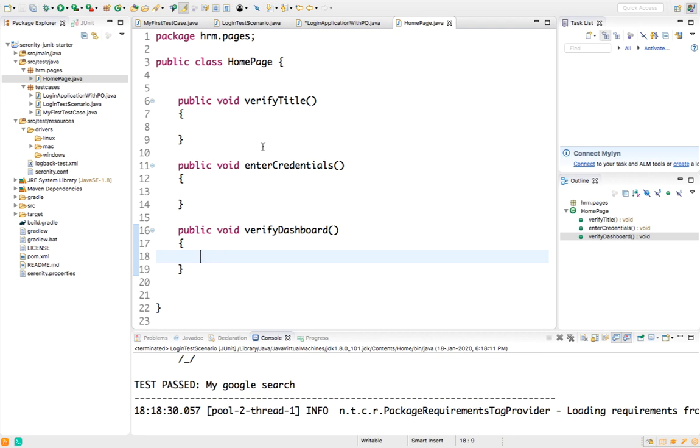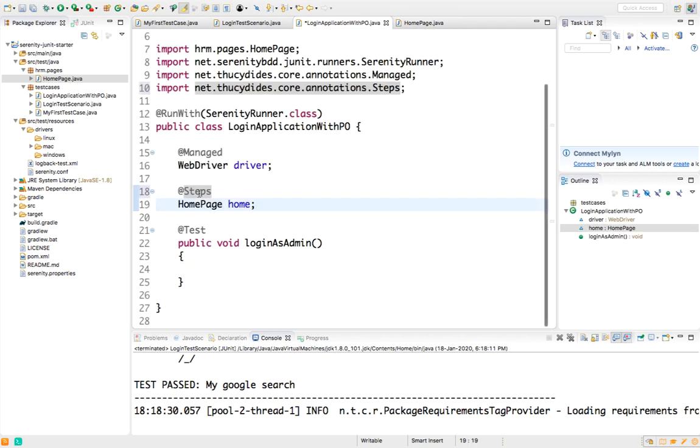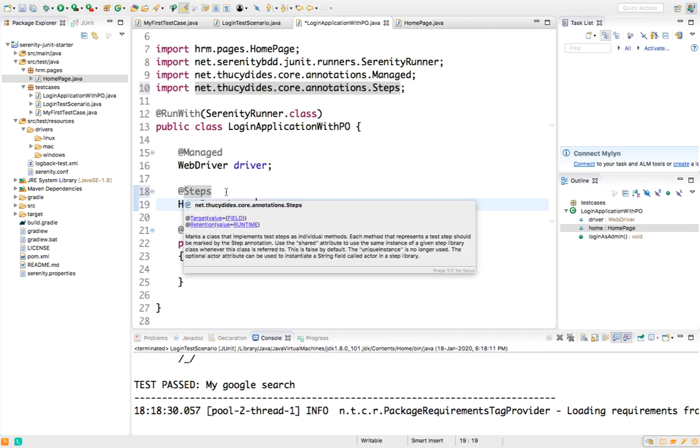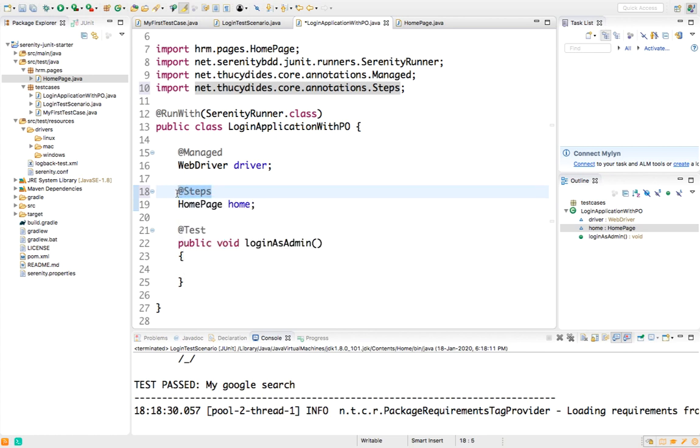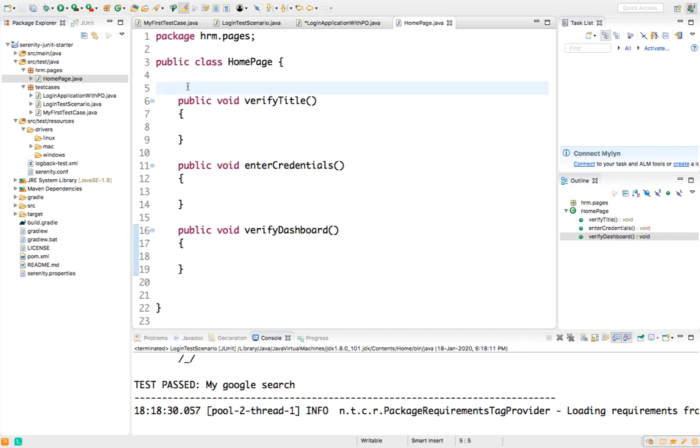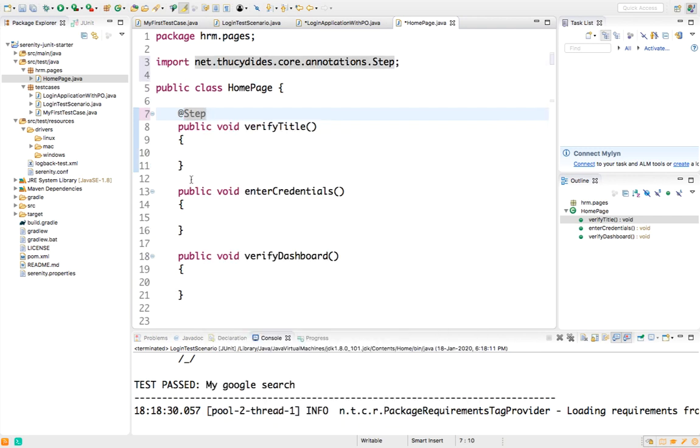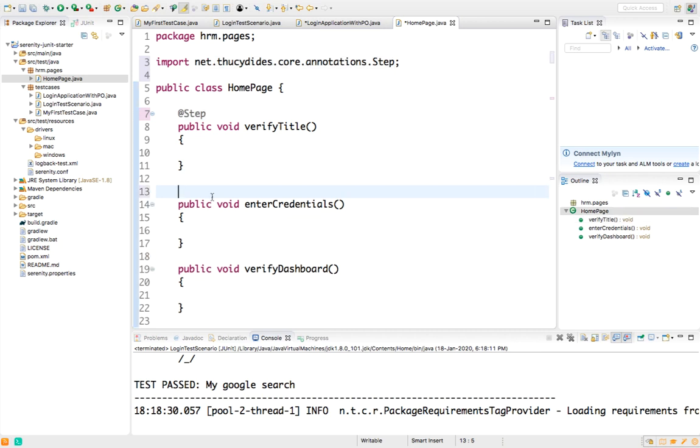So this is very important, guys. When you go back to your main class, here we use steps because this home page will have multiple steps, but when you go to home page, each method will be a separate step. So just use @step for each and every method, and you will find the same steps in your reports as well. So I will be using this step,